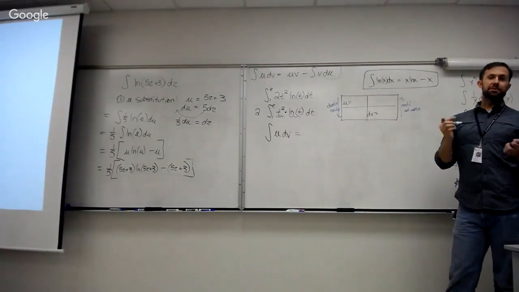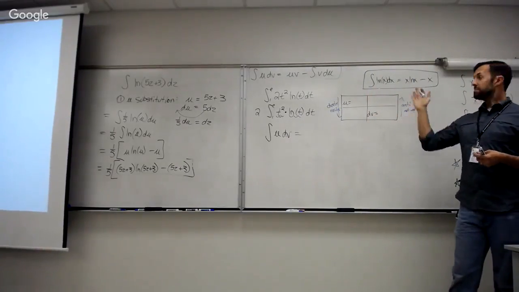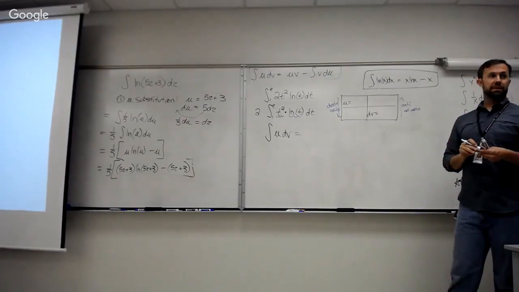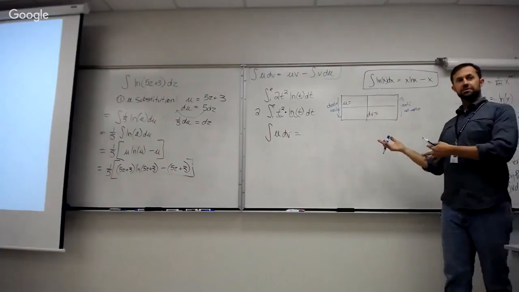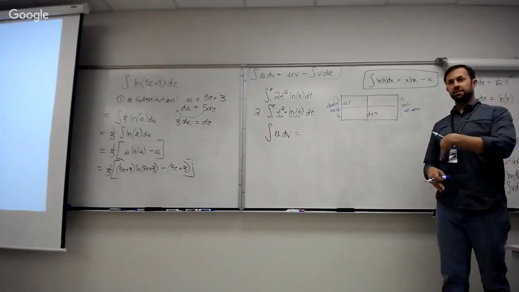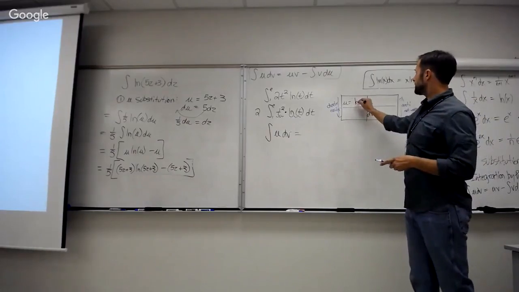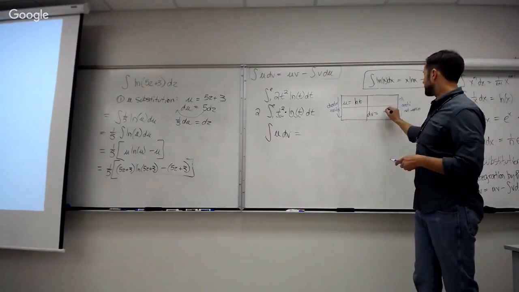Now, oftentimes you might just want to try both. Try both and take a look at it yourself. Sometimes you have to try both, and you don't even realize it until you get to the end. You're like, oh, this didn't work out. Let me go back and try the other way. So sure, let's go ahead and try first putting the natural log of t here and the t squared here,